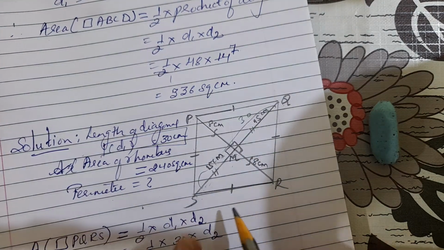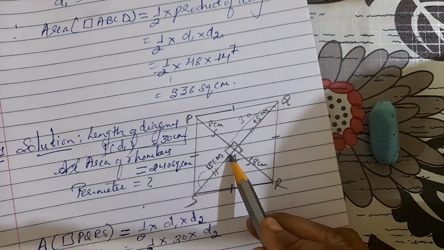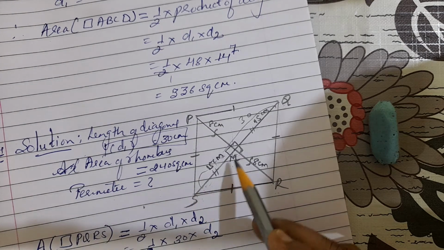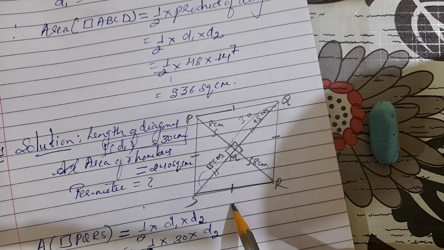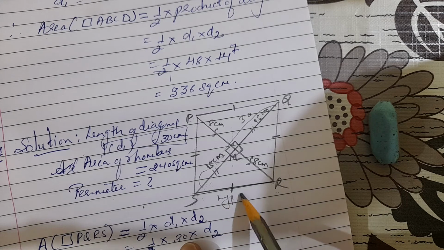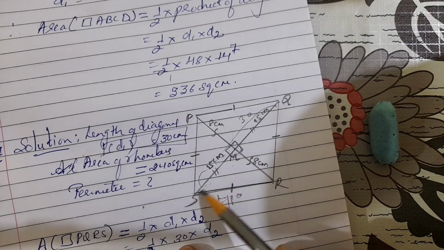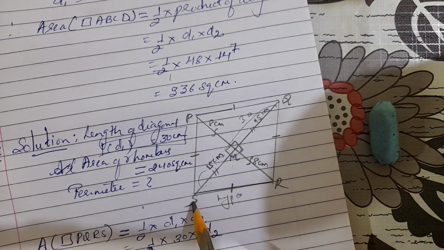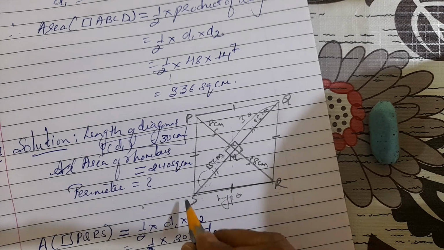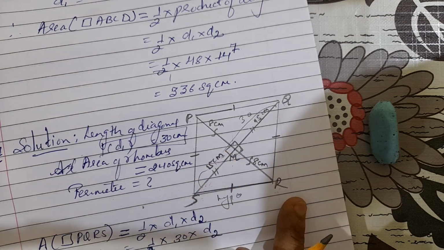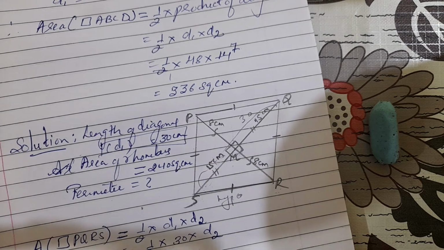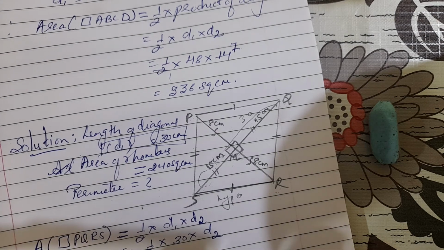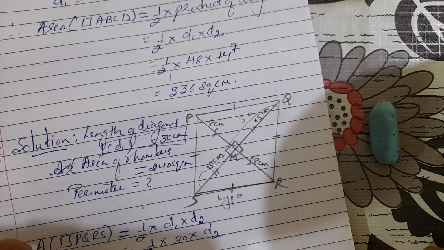Now see children, if I take this triangle SMR, it is a right angle triangle SMR. This is your 90 degree, opposite to 90 is SR, so this will be my hypotenuse. I will apply Pythagoras theorem. So what will be the formula? SR square is equal to SM square plus MR square. With the help of that I will get the hypotenuse, that means I will get one side of a rhombus. If I get one side of a rhombus, then I will multiply by 4 and get the perimeter, clear?